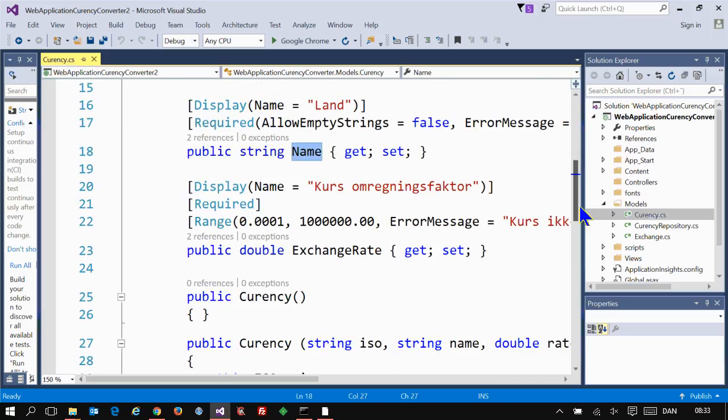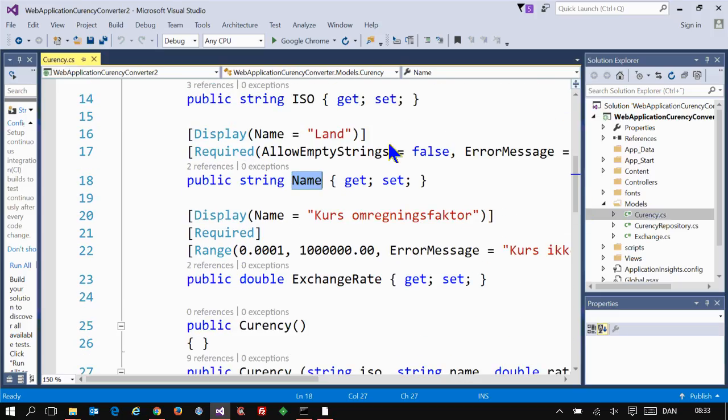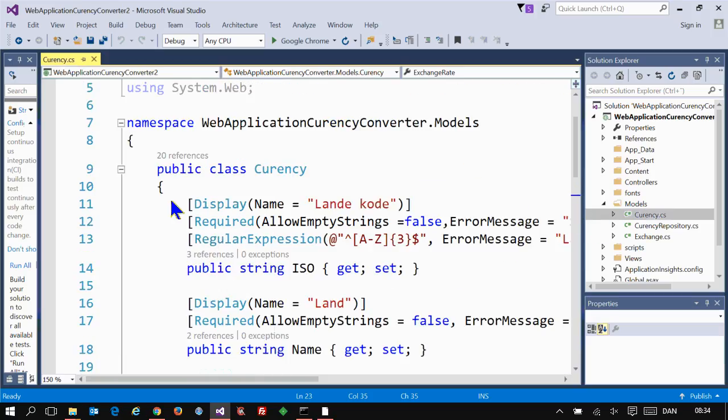Sometimes it's actually not a country. Euro is not a country, but it is the name of the currency. And then we got the exchange rate. This is the 3-1, and you can see we got different